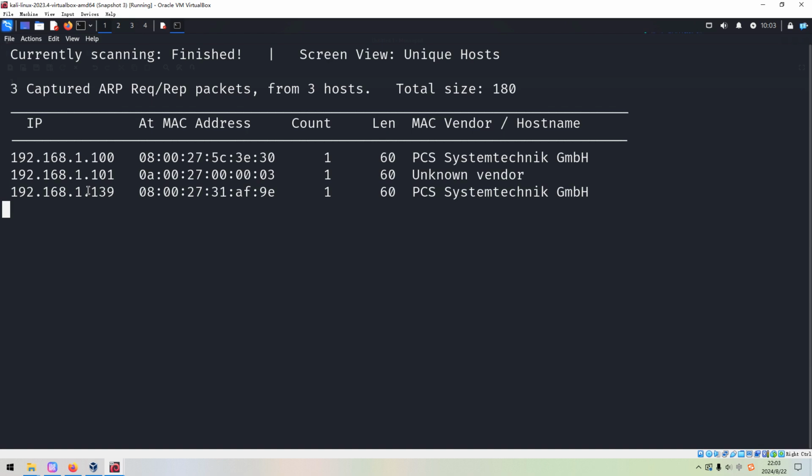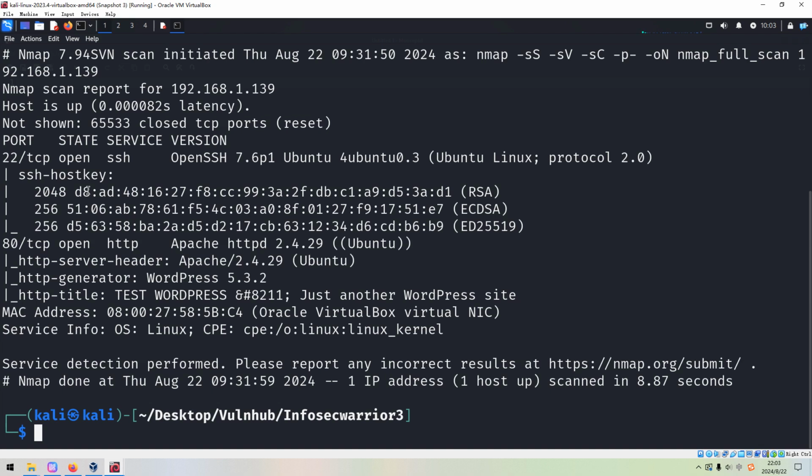We need to do the port and service scanning with Nmap. To save time in this video, I've already completed it before, so for now we just get out its result. As you can see over here, I used the options like SYN scan, the version scan, the default script scan, followed by -p- to do the full range port scan. The last option is -oN to output the result into this file.